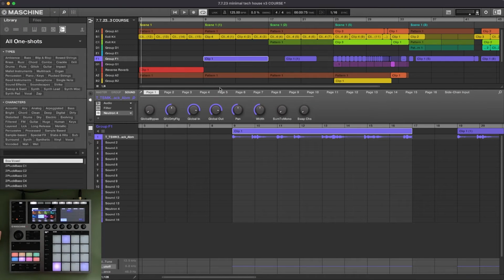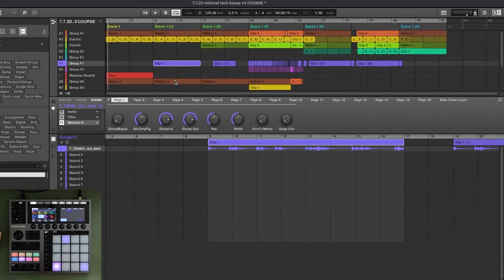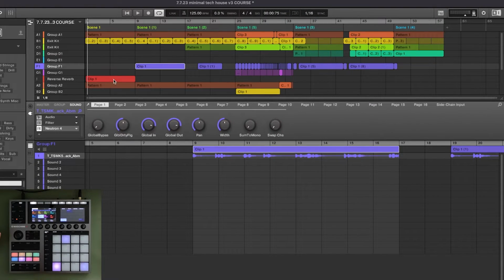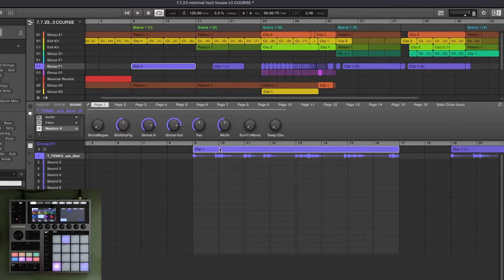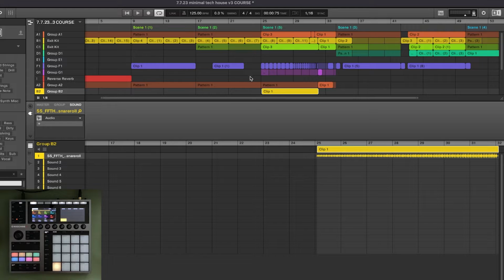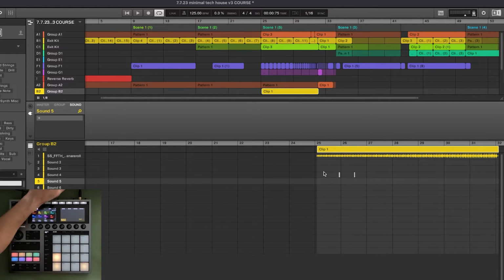So what are clips exactly? In Maschine, you're used to seeing patterns like this when you're in song mode. This is what clips look like, and they're labeled as clips when you add them. Clips are continuous regions of pattern data that reside within a track, and they offer you another way to build your song out. Within your clips, you could have MIDI, for example. You could create MIDI notes in here like this,